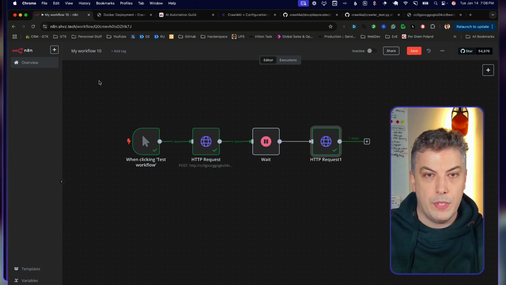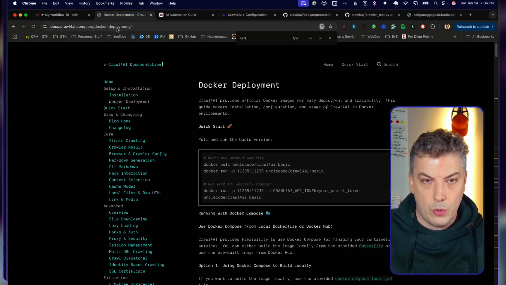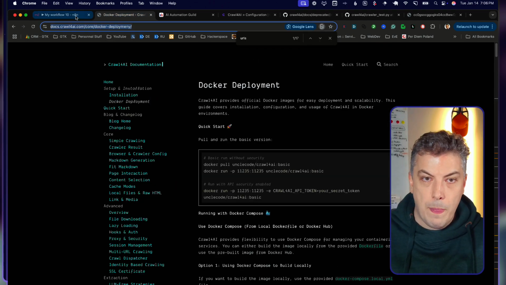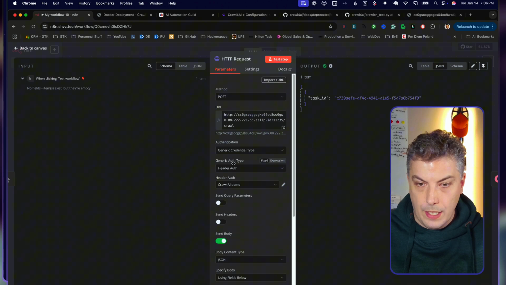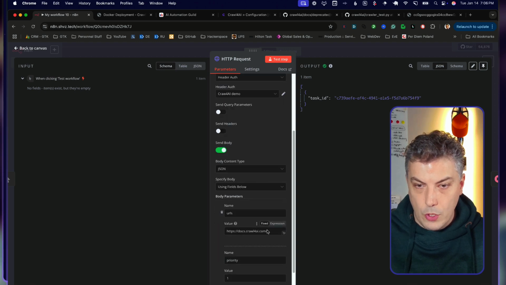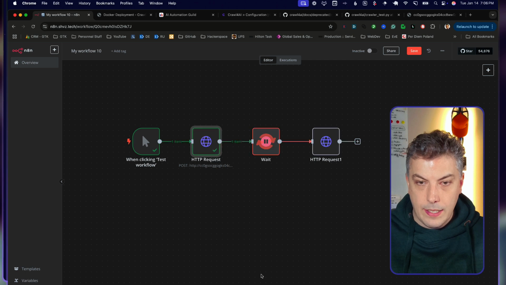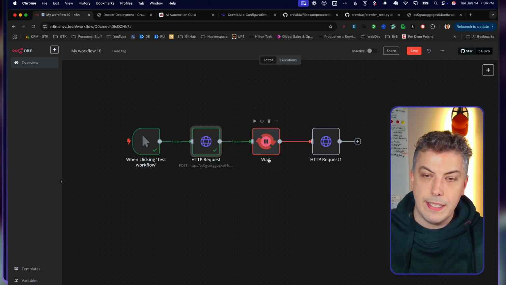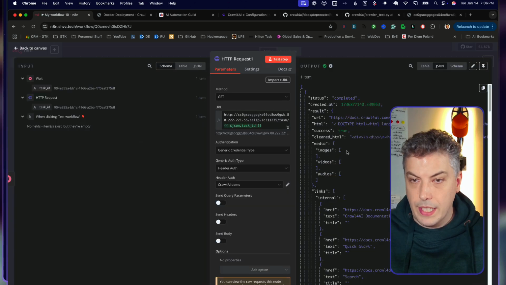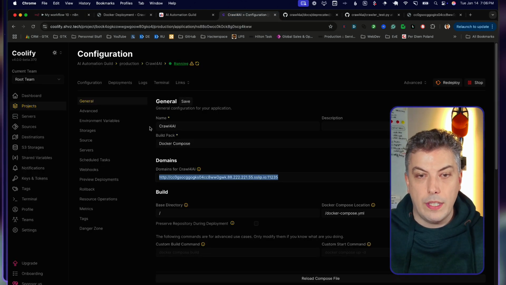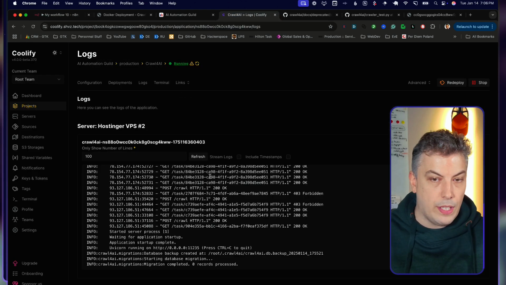I'm going to do one more test over here. I'm going to show you Docker deployment, for example. I can open this request over here, and the URL I can modify. All right, and now I'm clicking test workflow. I'm waiting 5 seconds, and now I should have something showing return in green, which is the case, completed. And if I look at the log as well, something you can also see